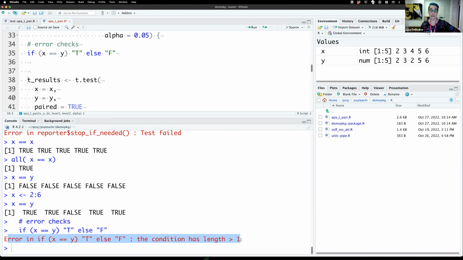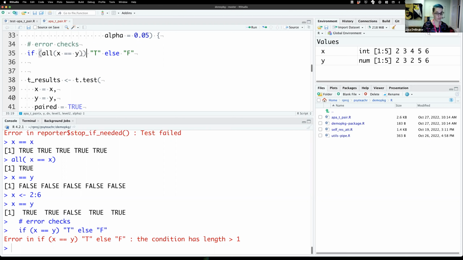I've specifically set mine to disallow this, so if I try to set a vector of length more than 1 as the condition for an if, I get the error: the condition has length greater than 1. You can change that and make it just a warning, but that can get you in all sorts of trouble when you're coding packages. So that's why we're doing it here: if all x are equal to y,